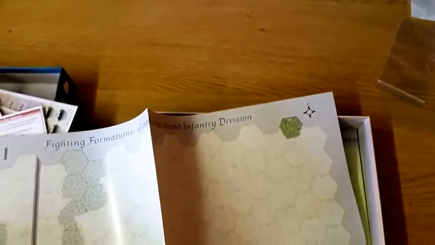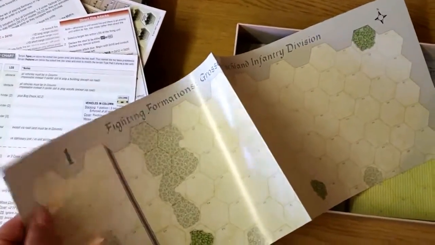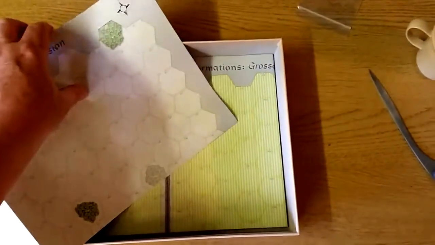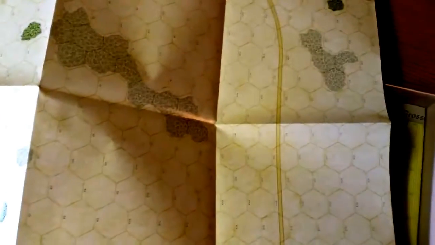Map sheets. A little on the thin side, but they still should hold up well. They feel kind of, I'm going to call it laminated. I'm not going to open all these up. There are so many, but I will give you a sense of what they tend to look like,